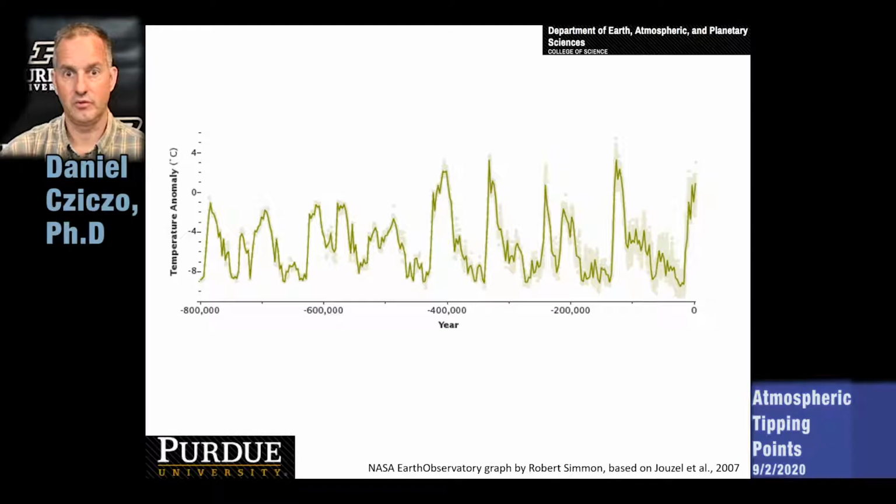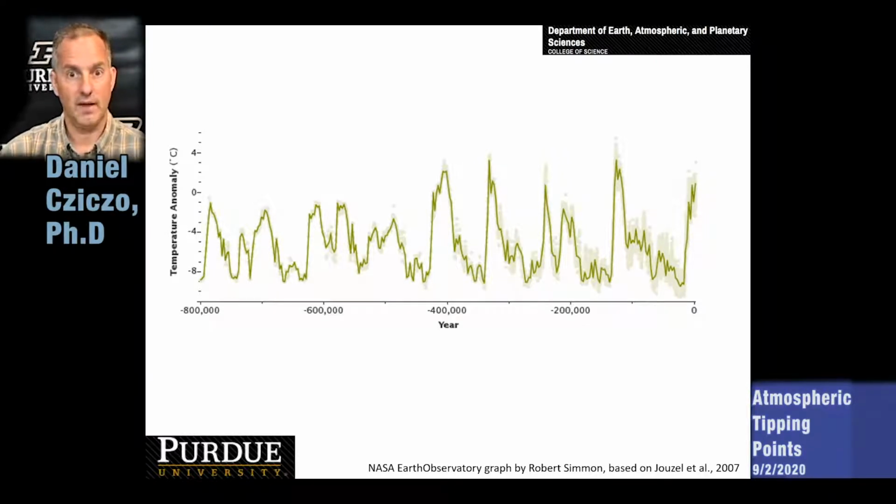And the first thing that you'll notice is it's not an absolute temperature. It's not degrees C or degrees Fahrenheit. These types of records are usually anomalies, meaning differences from a certain temperature. And that certain temperature can be a global average in a certain year. The year might be 1900, 1950, year 2000.